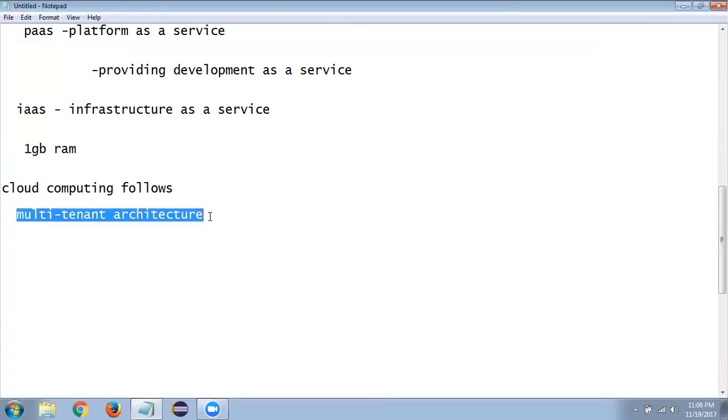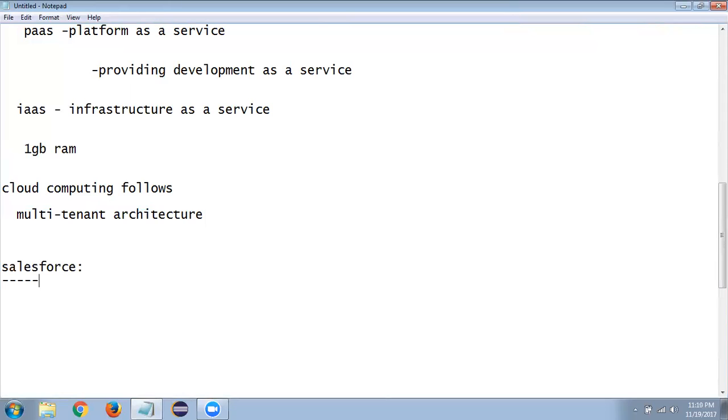Salesforce is one of the CRM tools which follows cloud computing, right? You may ask one question: cloud computing provides services like SaaS, IaaS and PaaS, so is Salesforce also providing exactly the same services? No. First of all, I just want to explain what you mean by Salesforce.